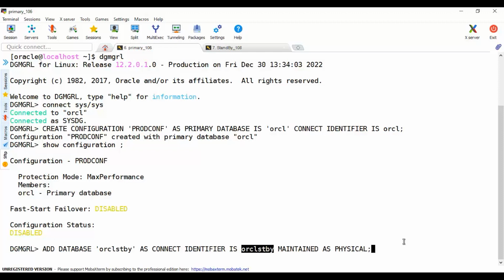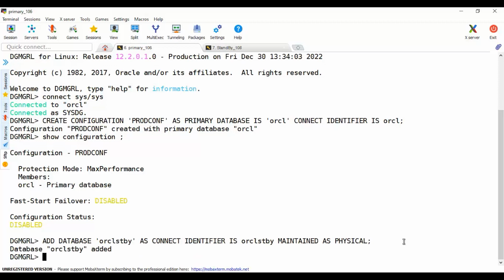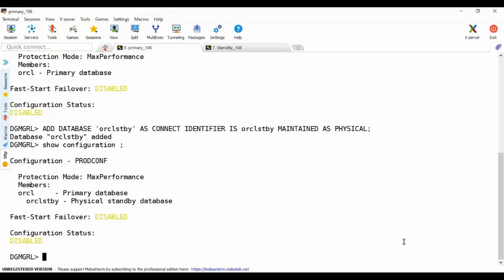So we are just creating the configuration. Let's add the standby database to this configuration. Once this is done, yes, it has been added. Show configuration again. Yes, so now both the primary database and the standby database have been added. So now I will be able to start up my configuration. How will I start it up? There is a command after that to enable this configuration. I will enable configuration,